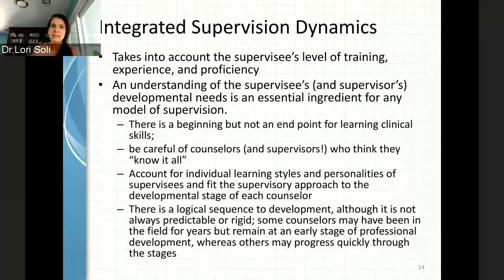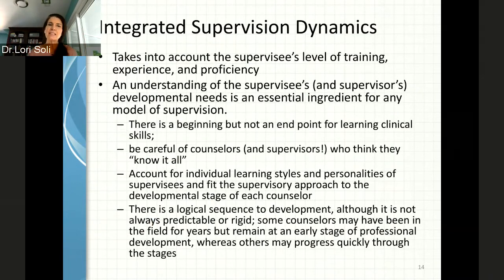I want to talk a little bit about just some supervision models. I realize that I've got supervisors on the line here, so you probably already know what these are, but there's definitely integrated supervision, I believe, is one of the ways that probably most supervisors are operating. I know it's certainly when I was trained, I was trained in all the models. But for you out there who will be experiencing this, in all likelihood your supervisor will be using integrated